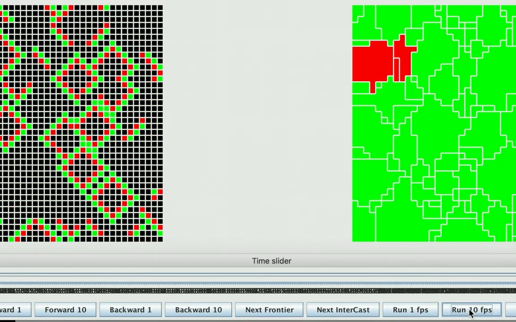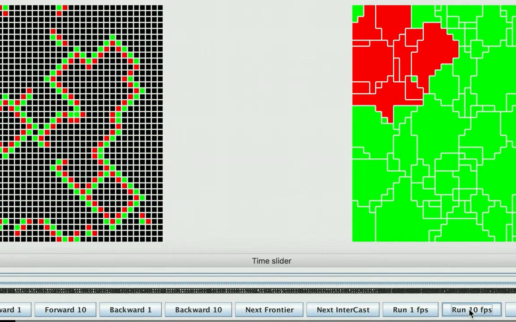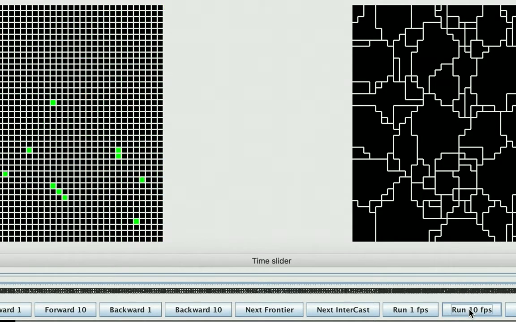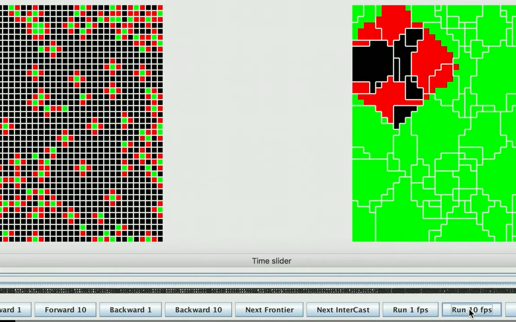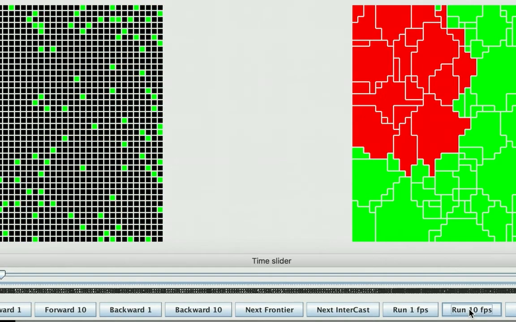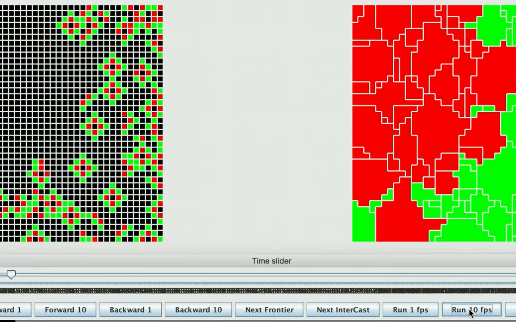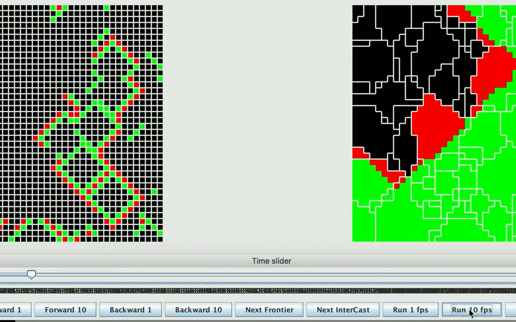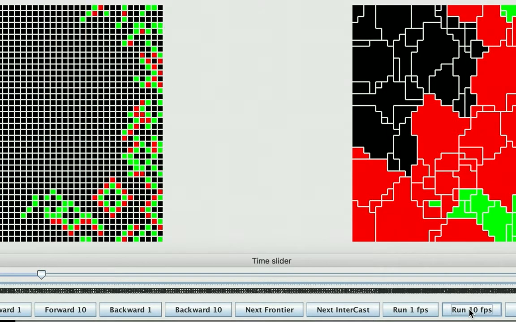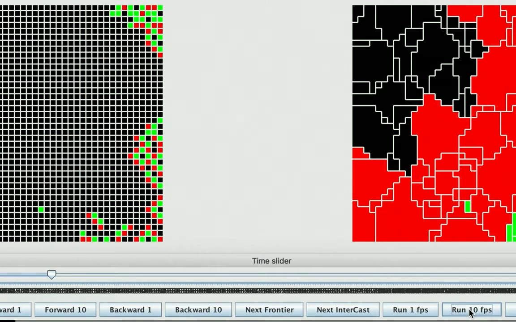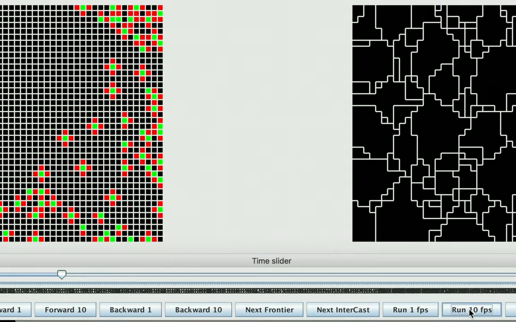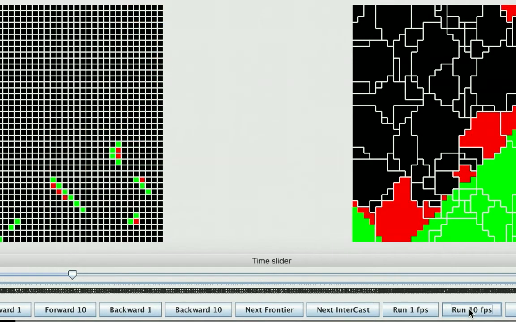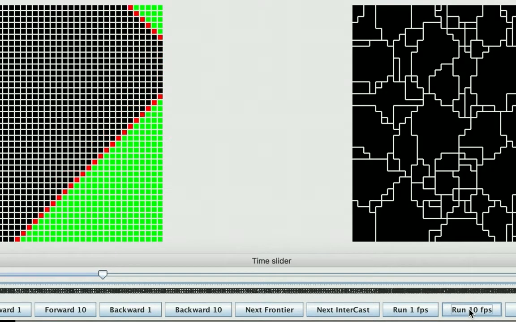And what you can see is in between bursts where the frontier is advancing in the BFS algorithm on the underlying graph, we have a sort of synchronized communication occurring within the clusters. And that's how the clusters communicate with their neighbors and get the information about whether the frontier has reached their neighbor or whether the frontier is at distance 2 or more from their neighbor.